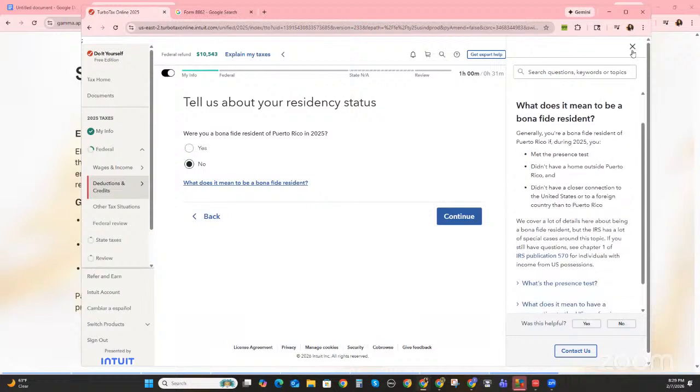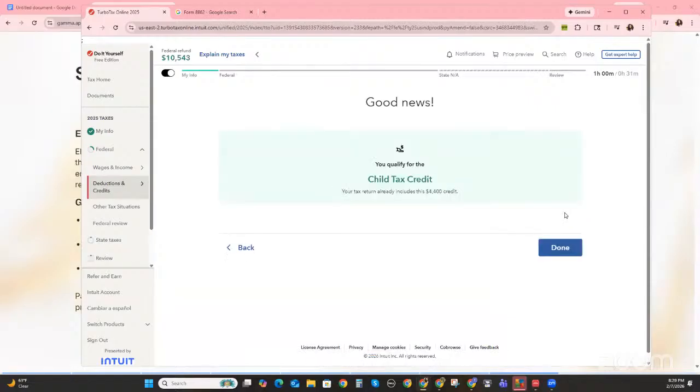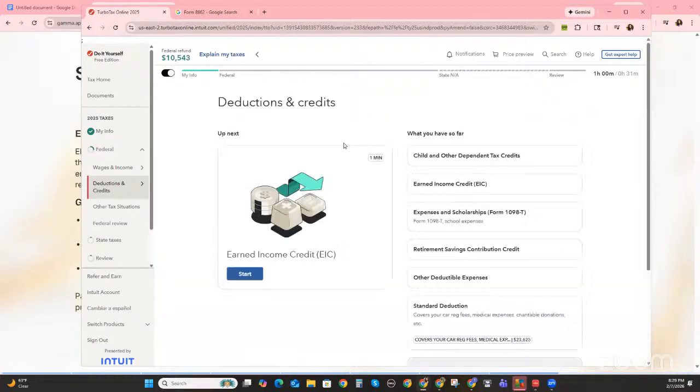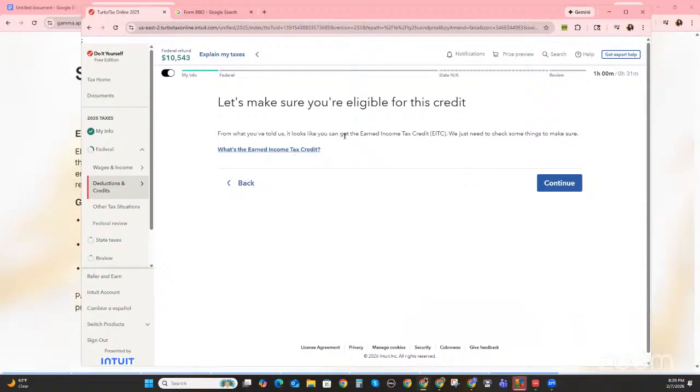So we ain't gonna go all deep in that, y'all. I said this is beginner friendly, so we are going to keep it friendly. It just tells you you qualify for that. The earned income, it tells you that if you meet certain eligibility that you require for that. And that's the biggest two, this earned income and then the child tax credit and the additional child tax